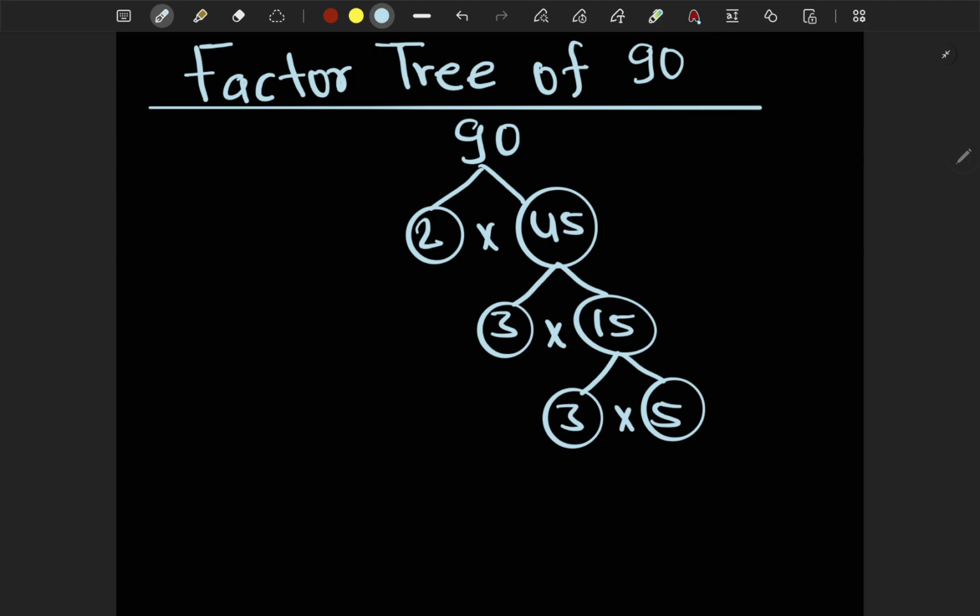So now we have to select the prime numbers in all these numbers. So the prime numbers here are 2, 3, 3 and 5. So we can write 90 as the product of all the prime numbers, that is 2 times 3 times 3